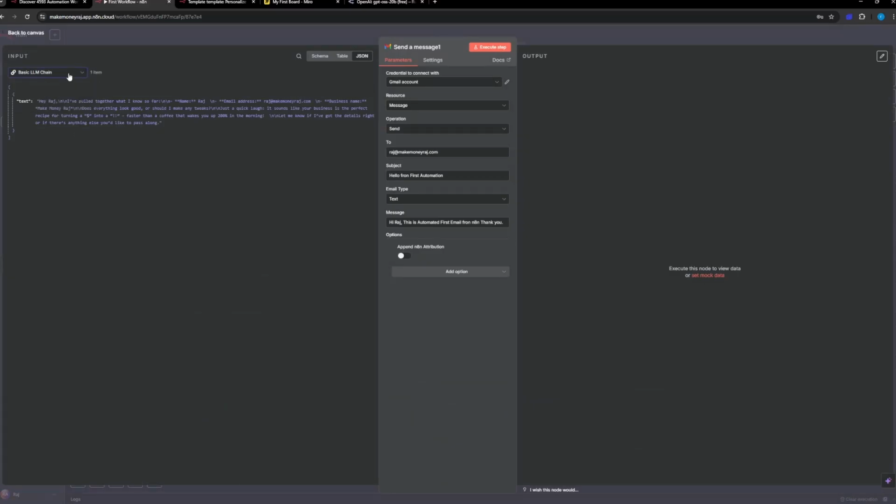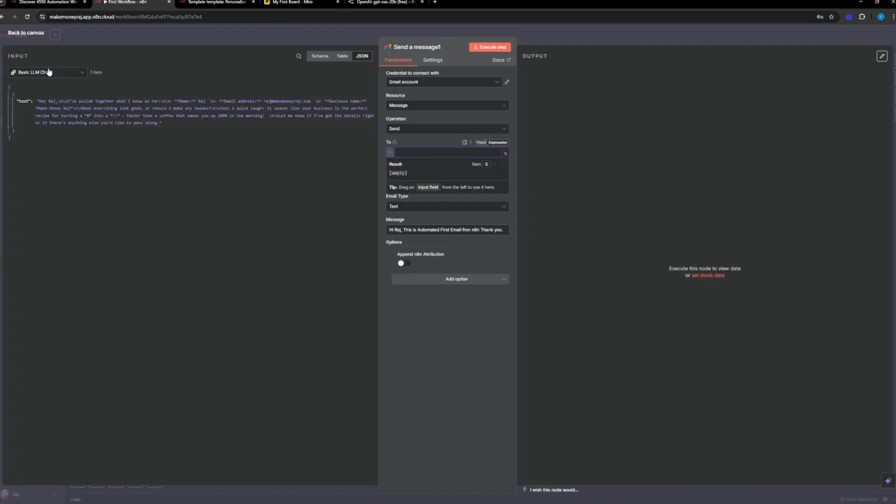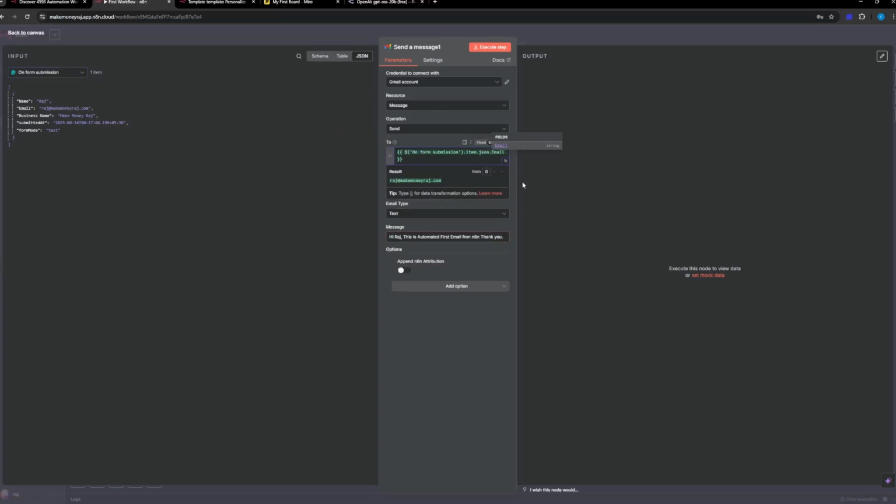Now here, guys, you can see the form submissions and also the basic LLM chain. We have all these details already filled in, but if you want to spice it up, we can remove this, go to the expression, go to the on form submission, take this email and paste it here. That's how you automate it for bulk emails, right? But if you want to send to one user, you go to fixed and type in your email,